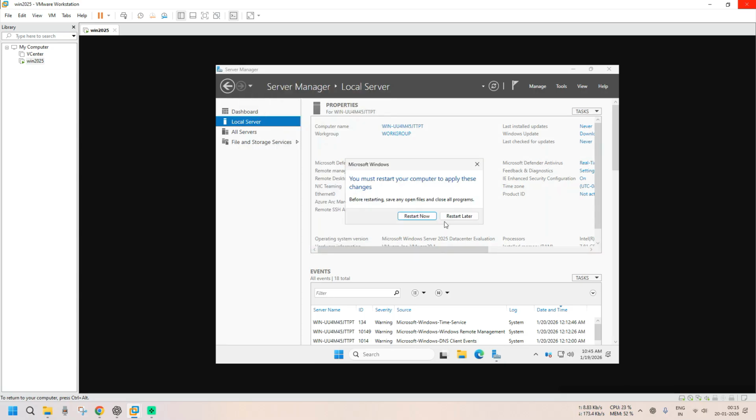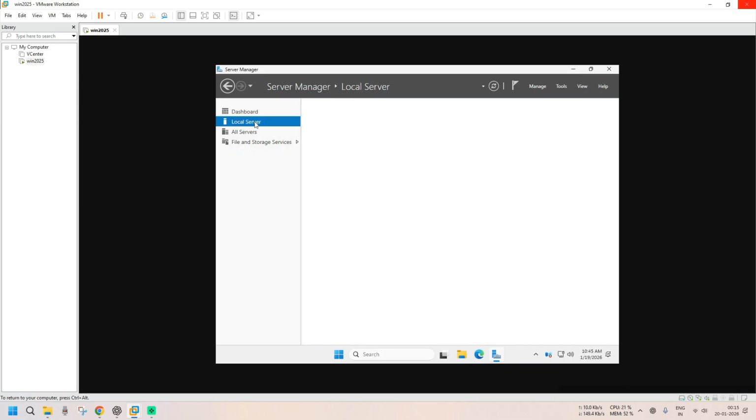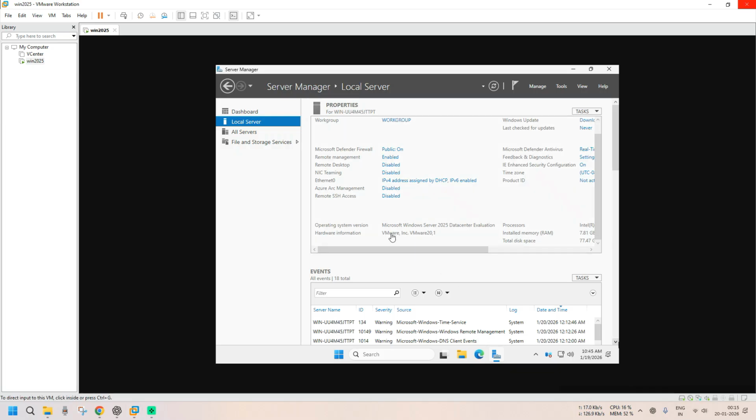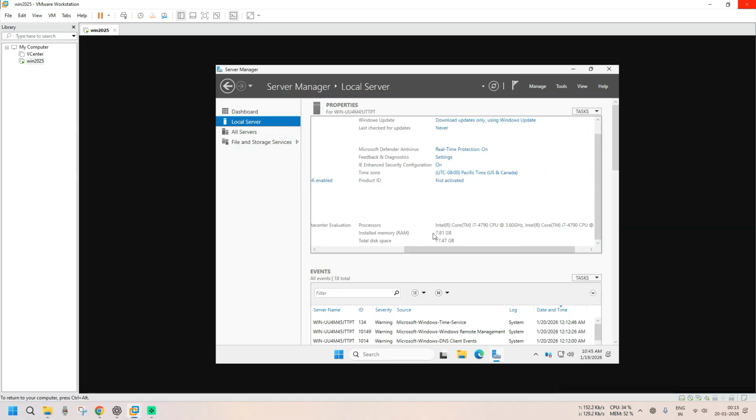It is going to be applied after restart. Okay, I will restart later. You can check here the operating system. It is a Microsoft Windows 2025 data center evaluation version, and hardware information is VMware INC 2.20.1. Okay, and the RAM, the processor,